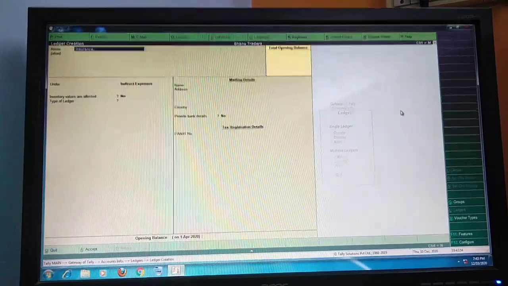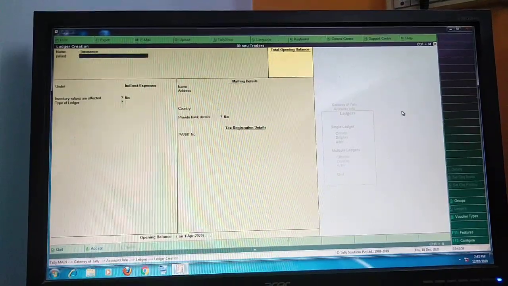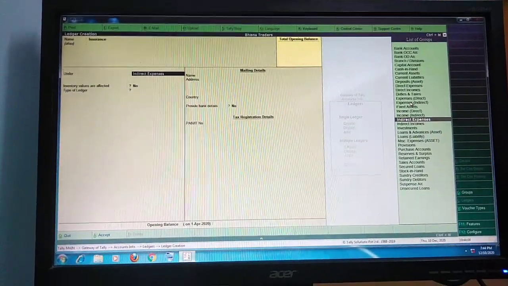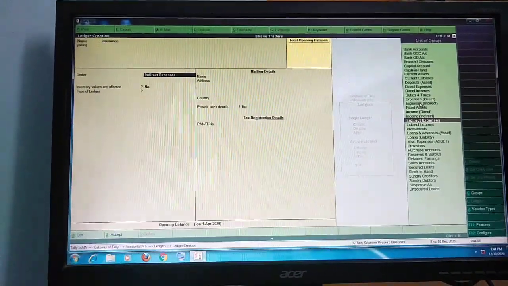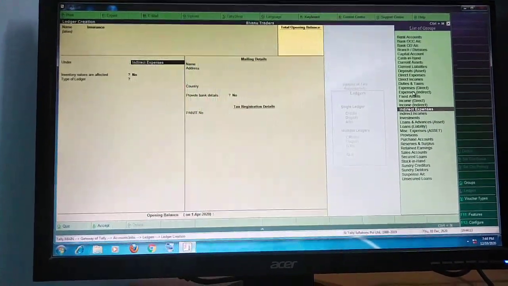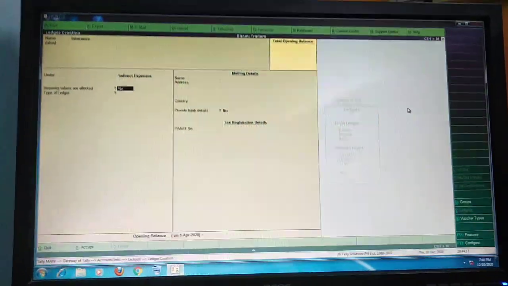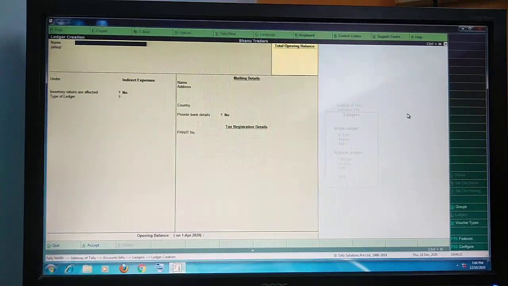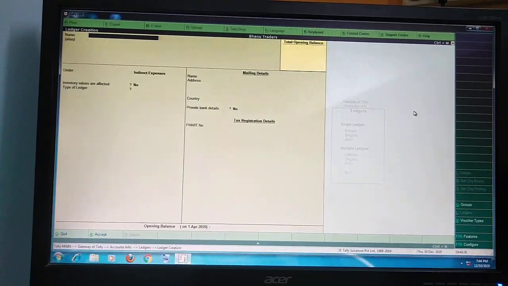Single ledgers means one by one save. Salary completed, rent, after that insurance. For insurance also, you go to under, meaning groups. Select the group on your computer. The groups list is already displayed on your computer. So you select insurance as an indirect expenses group. Then select indirect expenses, press enter, accepted. This is single ledgers, one by one. Now you go back.